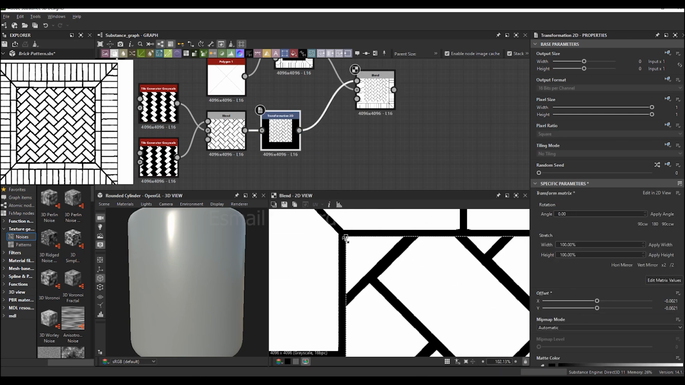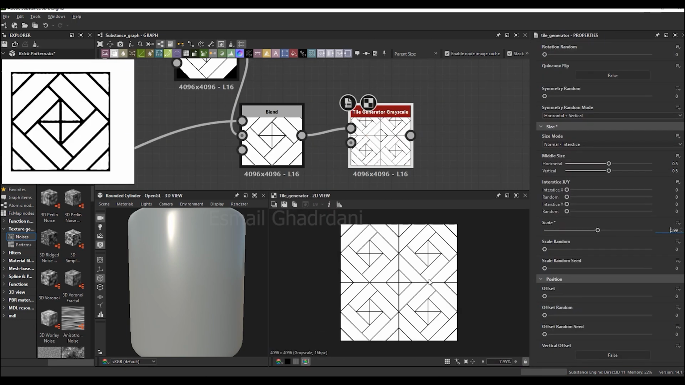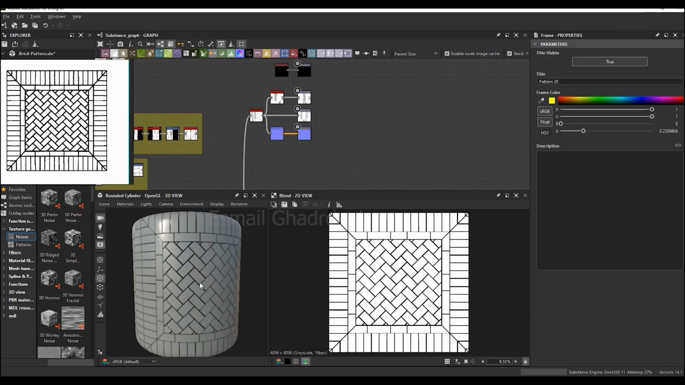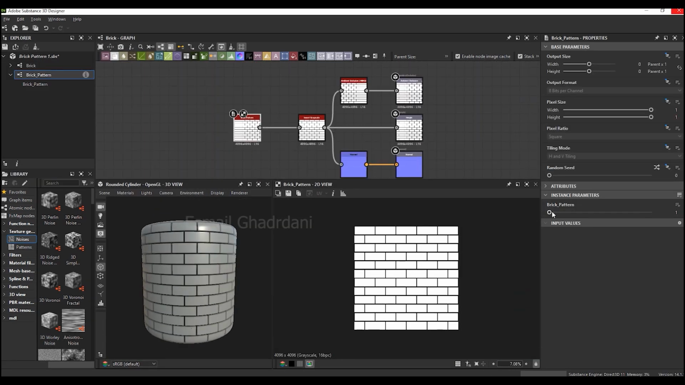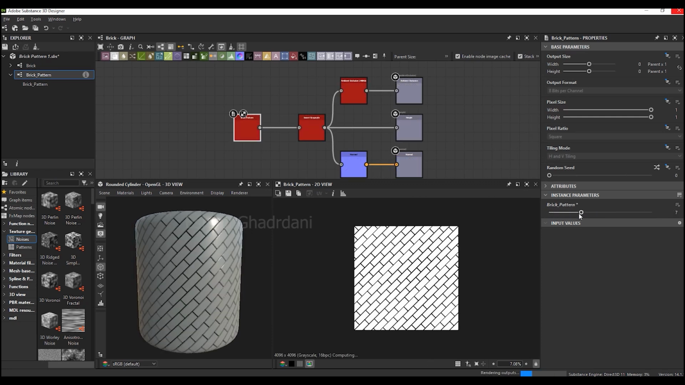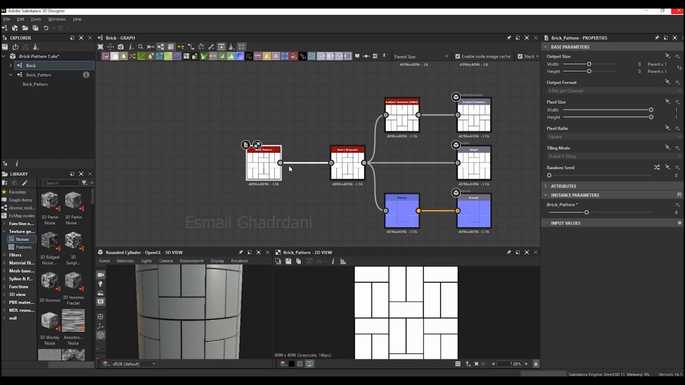But this isn't just about connecting nodes. I'll explain why each node is used and what role it plays in the process. Then I'll show you how to combine all 20 patterns into a single smart node, making your graph lighter, cleaner,